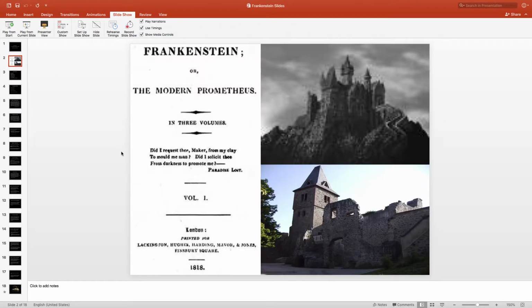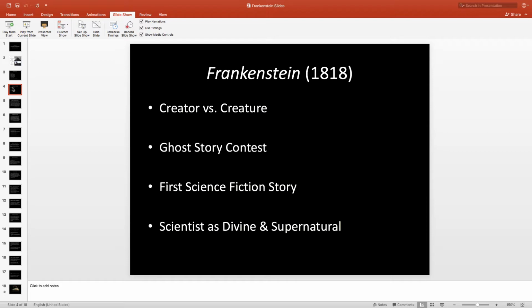So this was the original title page for the first edition of Frankenstein. You'll notice that Mary Shelley's name is not on it. When readers began to speculate that her husband, Percy Shelley, may have written this novel, Mary Shelley was quick to claim that she indeed was the writer. This novel is